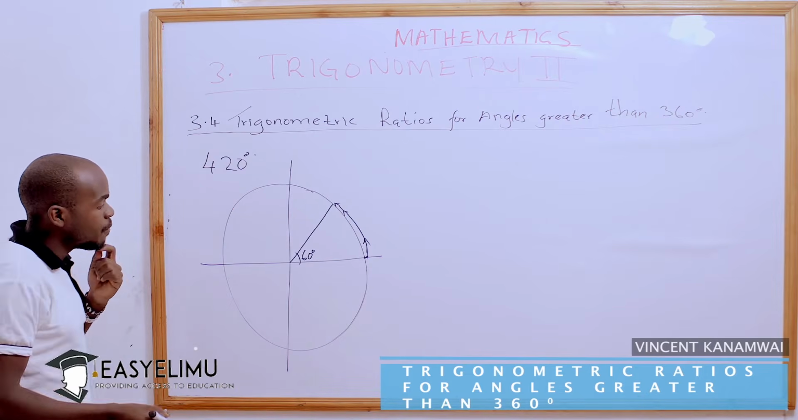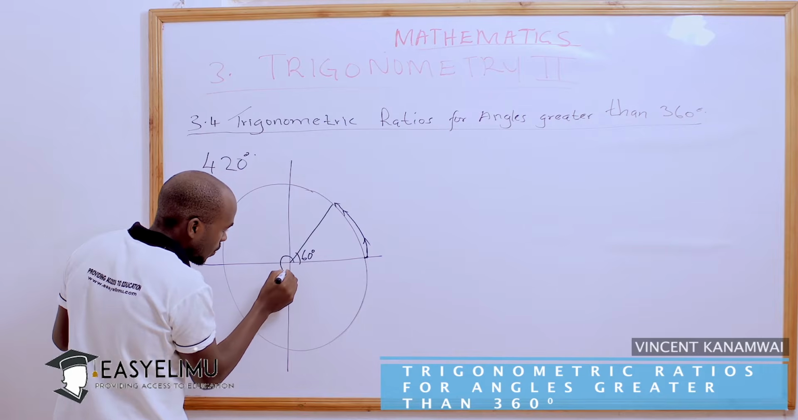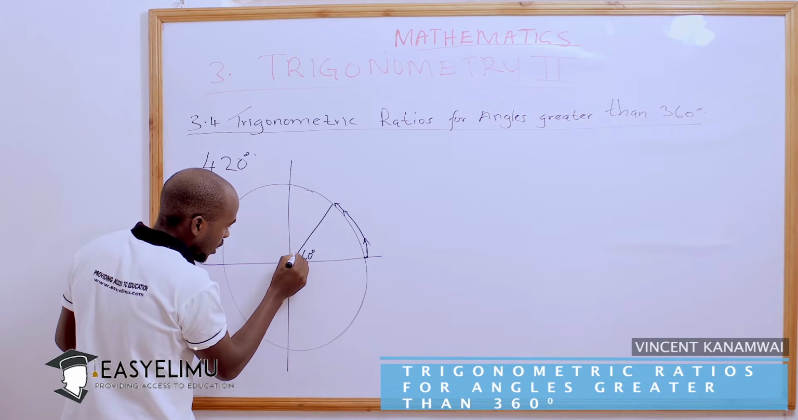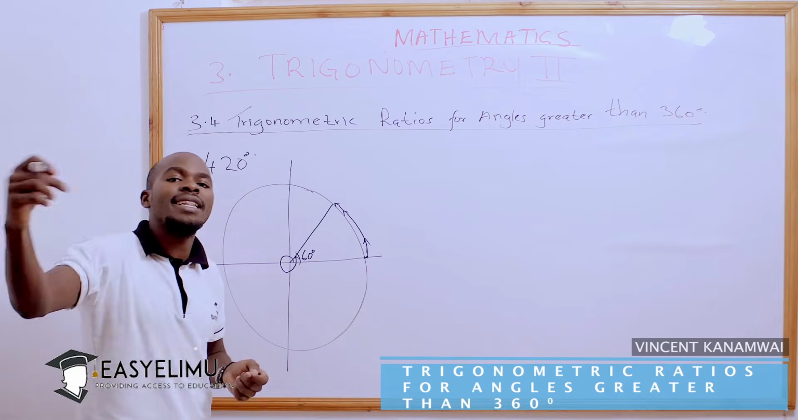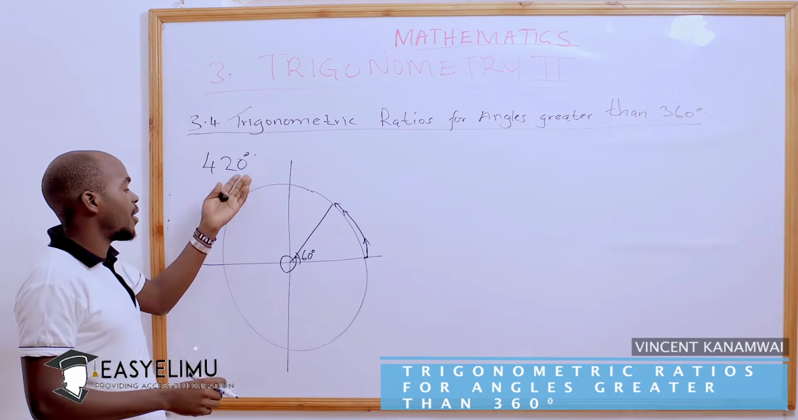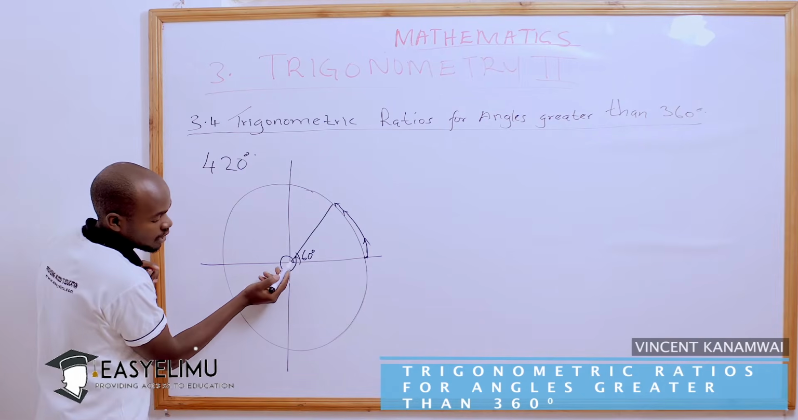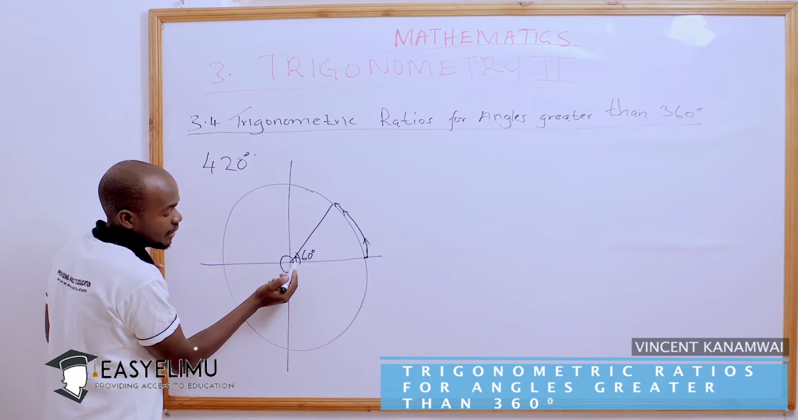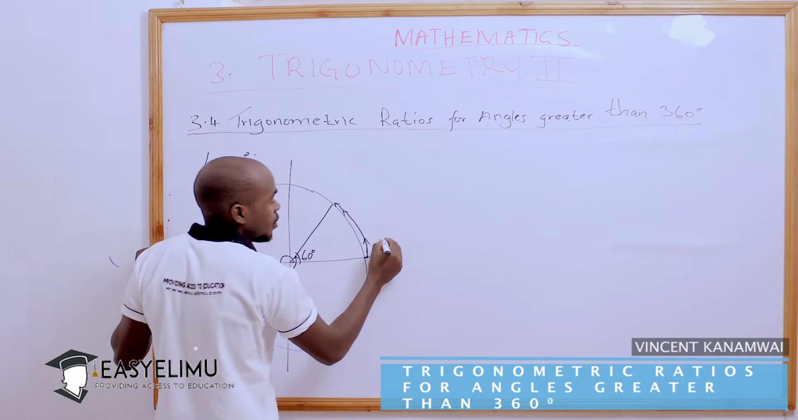So the angle will move 360 degrees, that is, this way to that point and back to that point. So it has moved 360 degrees plus another 60 degrees to make it 420 degrees. From this point, it moves around that circle and then it comes back, with an overlap